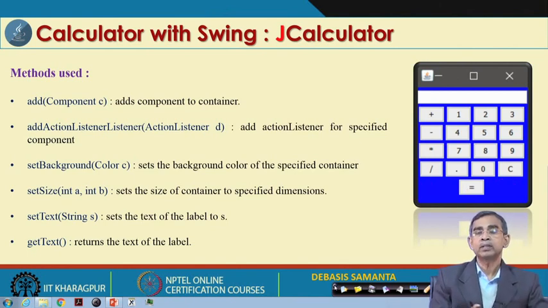So, these are the buttons, then the text field, and then the background. These are the few things you have to consider so far as this calculator design is concerned. You can change the color, instead of blue maybe cyan or yellow, whatever it is. So, first you have to add the components, and all the components that you include into that container, we have to define them and then add them.